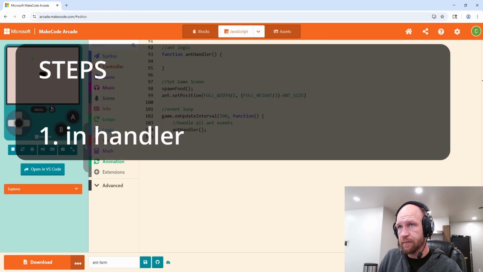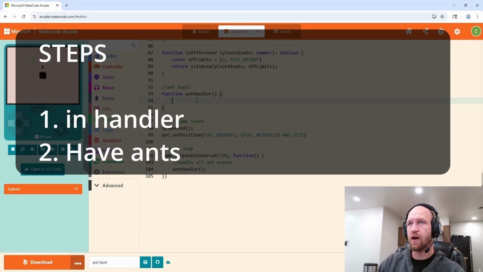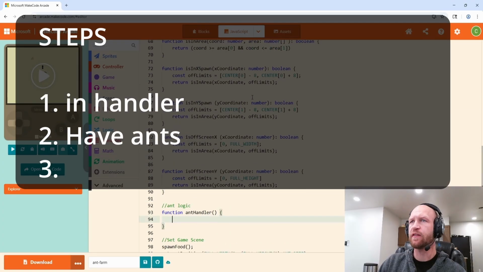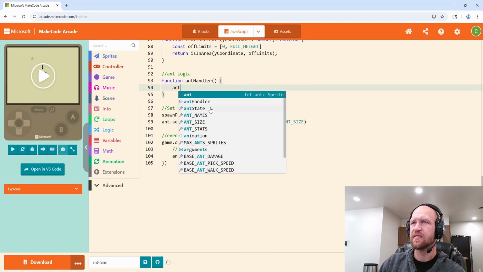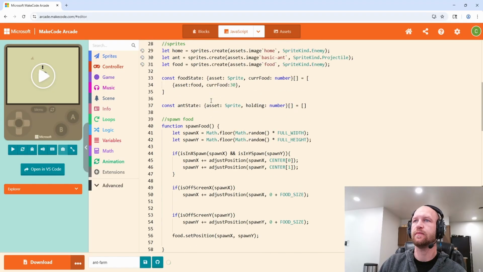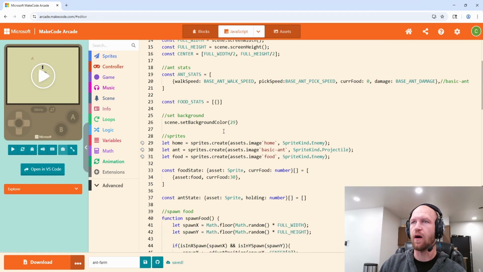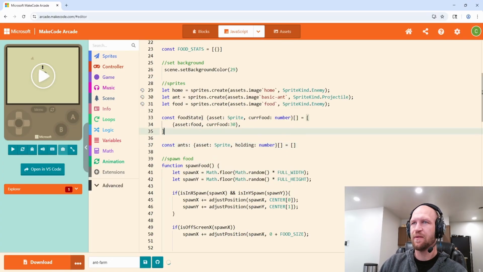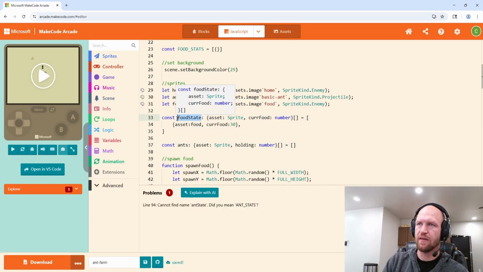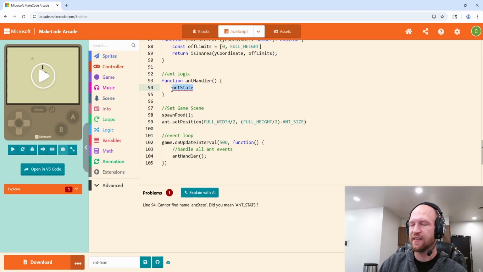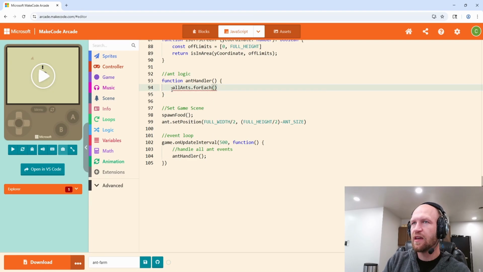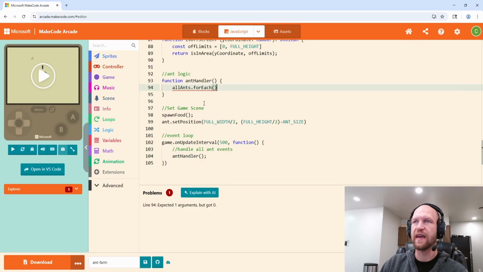In our little handler, we're gonna have our ants, all of which are going to be looped through. We're gonna map it because life is fun like that. No, sorry, not map. We're gonna for each it. You could say ants, ant state. I hate the name. That does not reflect exactly what we're doing at all. We're gonna call this ants, and we're gonna call this all food. We're gonna say, hey, let's take all ants. We're gonna for each loop through it, even though technically it's faster to for loop, but I'm only gonna have like 20 ants, so